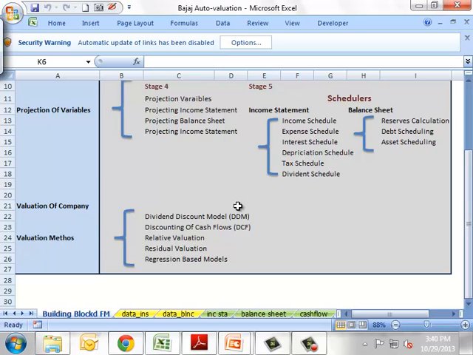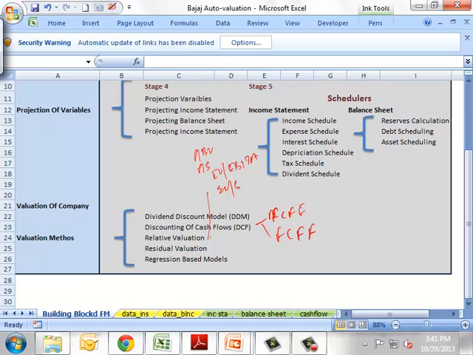At the end, once this is done, we'll be using these 5 models to value the security. Using a DDM, discounting of cash flow, DCF, we'll be looking at both FCFE and FCFF. Then we'll move into relative valuation. Here we'll be looking at parameters like price to book value, price to sales, EV by EBITDA, EV by EBIT, and then